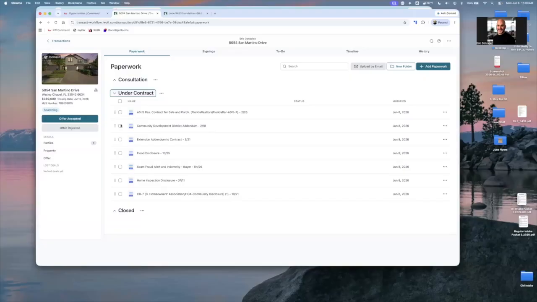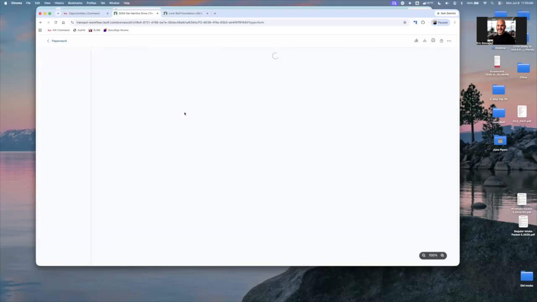You can either click here, multiple documents, which is how I would recommend doing it. Don't send one document at a time. You can download it or set it up for signature, or you can also go here to delete, print, or download. But you can also just click on the document. If you click on the document, then it won't let you add